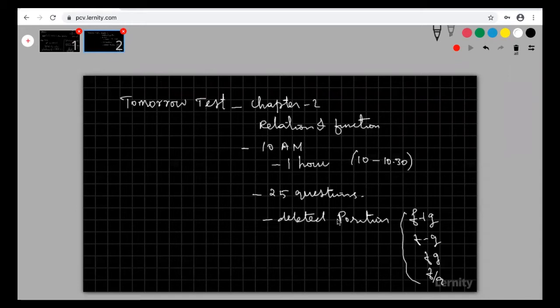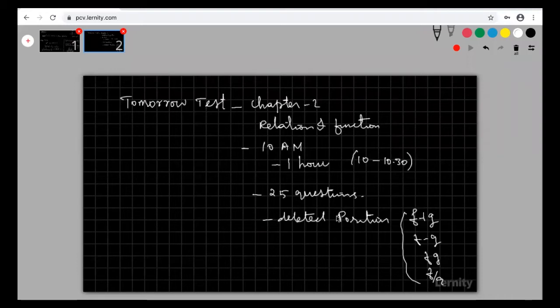Zoom is not opening. Vikas, why are you opening Zoom? Go through Learnity. Go to our Learnity website, for which the username and password are already given to you. Go to that website and click the test link, the 11th link. This is only for NEET students. JEE students, you are going to write the test on Sunday. Are you clear? JEE students, you have a test on Sunday.